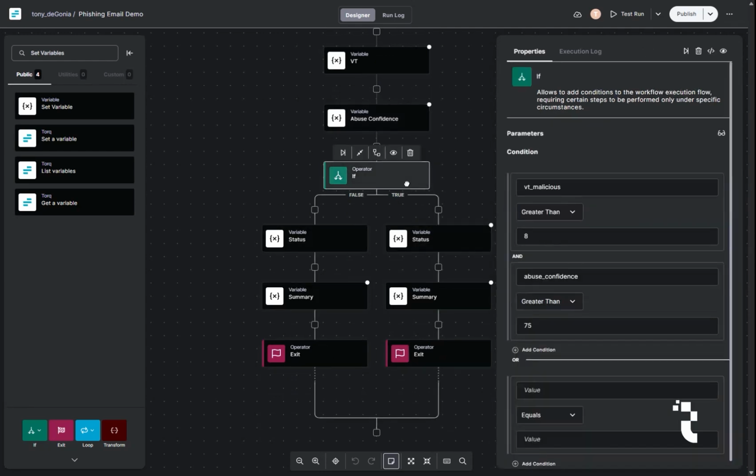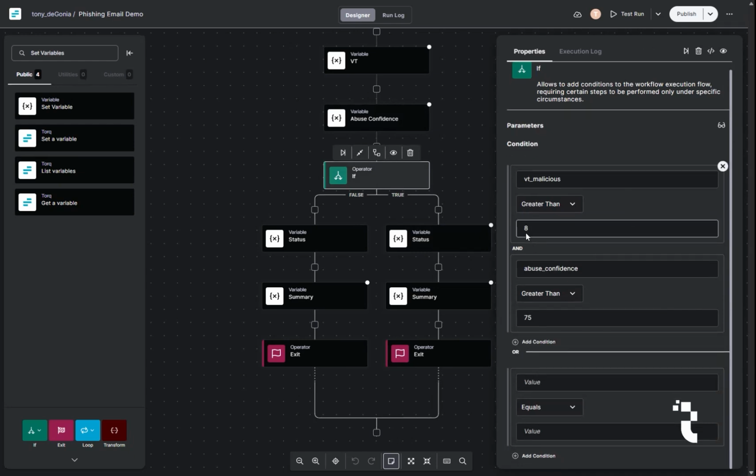So we told the operator if the BT malicious score in this variable was higher than 8, then it would go down the positive side. And if it was higher than 75 on the abuse score side, then it would be a true statement. If it was under either one of those, then it would be false, and it would route over here,